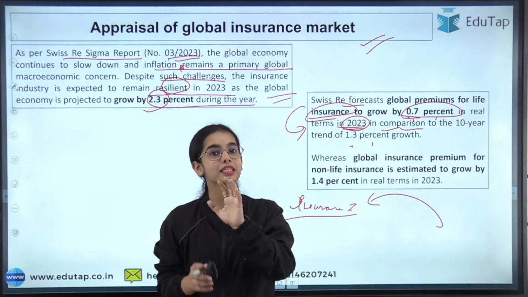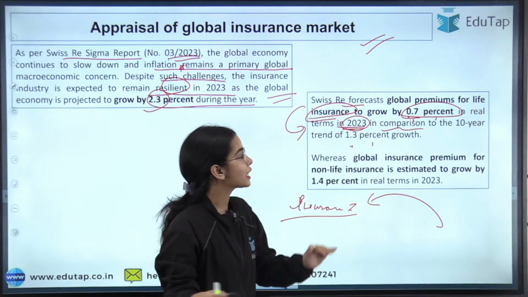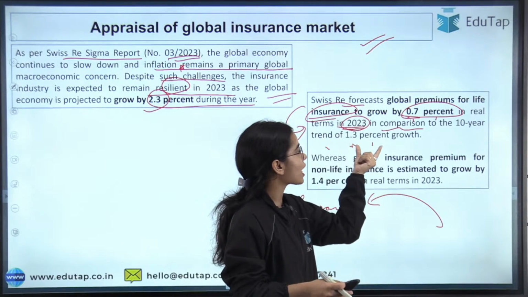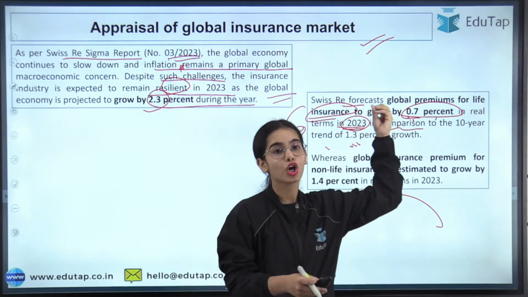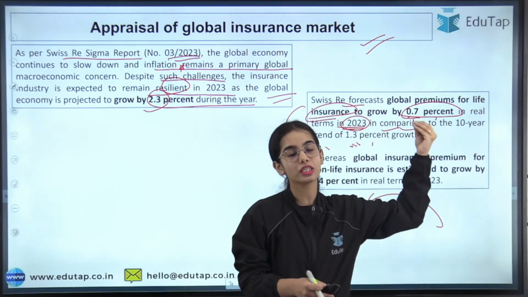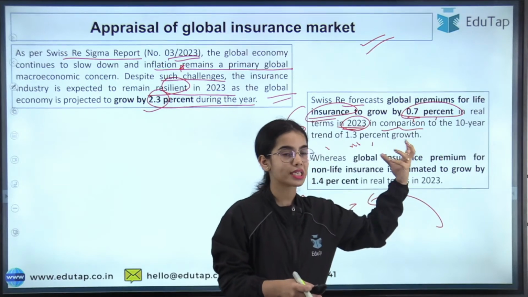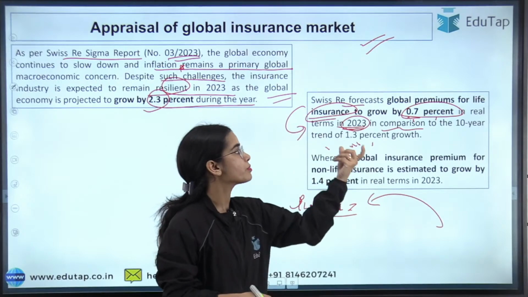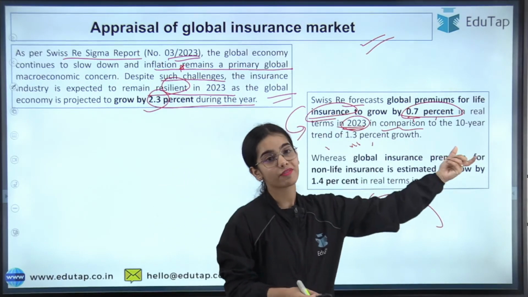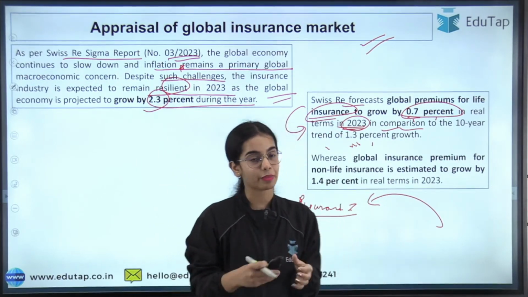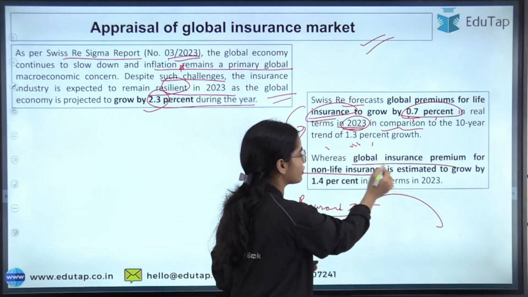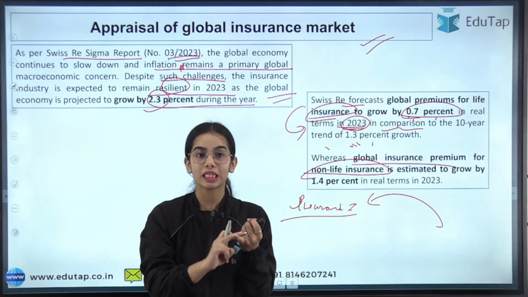Even in the insurance sector, there is a slowdown. There is a 10-year trend that you can see, where the growth in insurance premiums for life insurance was 1.3%. But now it has been said that for 2023, the insurance premiums are growing by only 0.7% in the life insurance segment. Whereas if you see the global insurance premium for non-life insurance, like your health insurance,